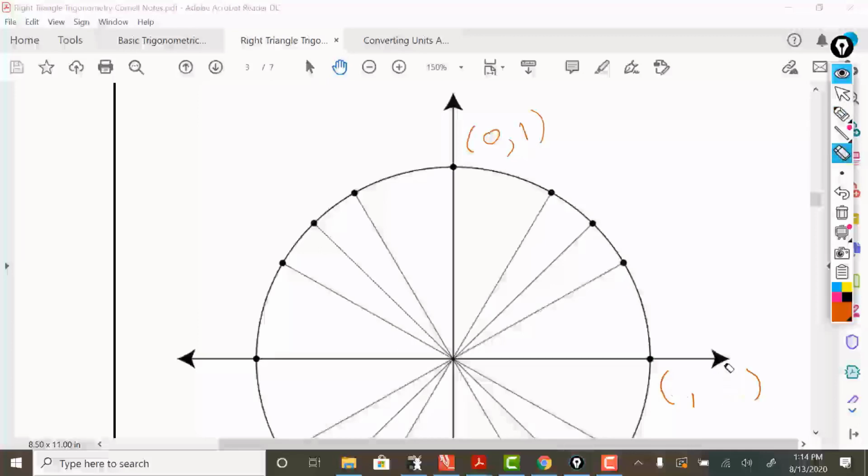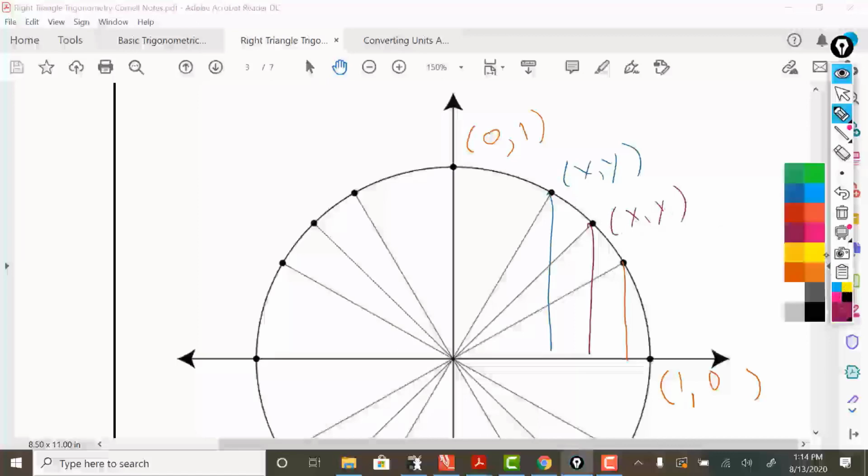What if instead, you'll notice that, what's happening is we're making triangles each time. So for example, here's a triangle, right? And then here's a triangle, and then here's a triangle. This has an xy, this has an xy, this has an xy. But you'll notice that each time we move the point along the circumference,